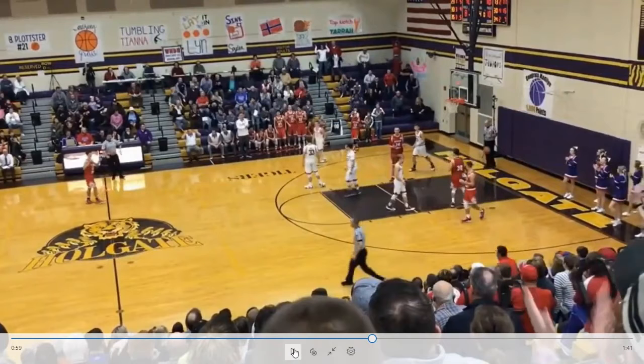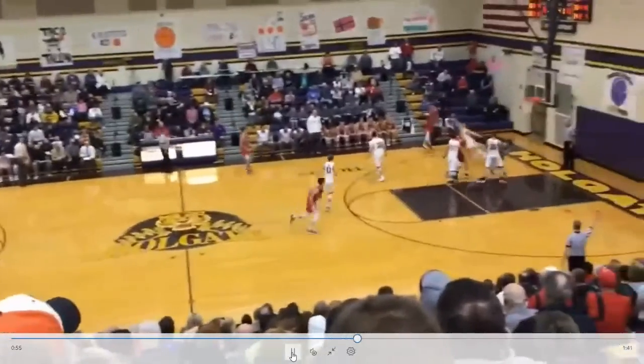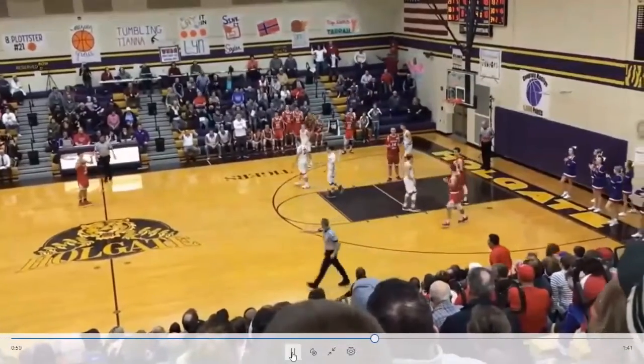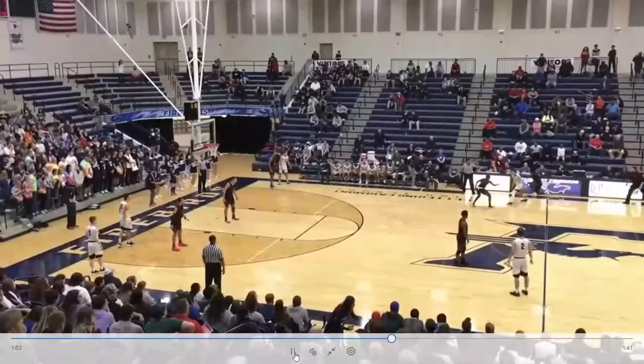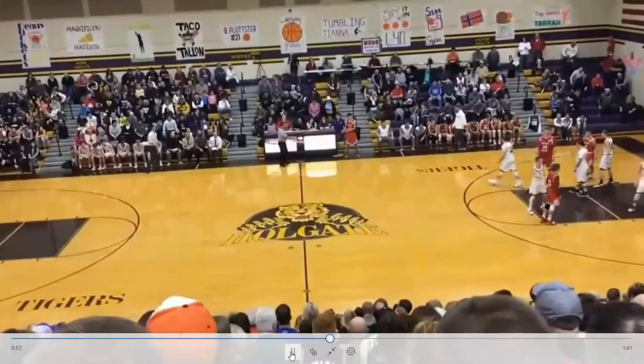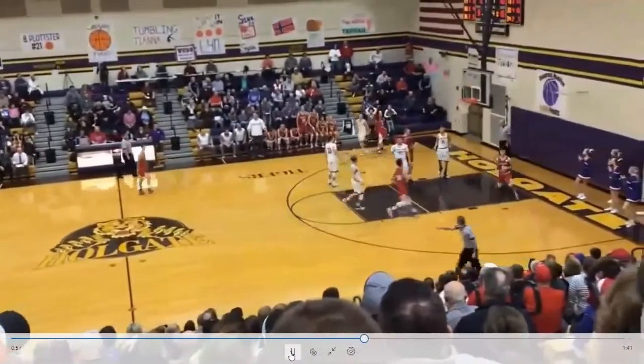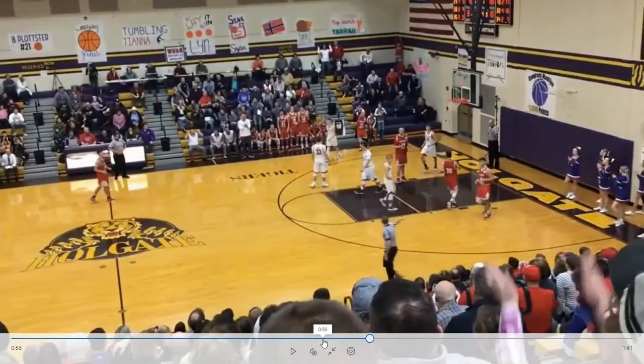I think what we want to look at there is the screener down low. So this is actually a play there. I think the scoreboard showed that we were just seconds left in the game here. 9 seconds, tie ball game. So, Red inbounding. Center official comes across and has an illegal screen against the defender that's chasing the person that's going to get the ball passed to them. Good call by the official.